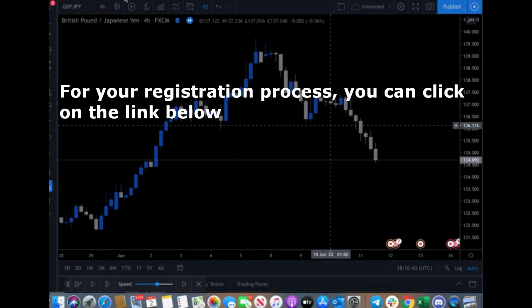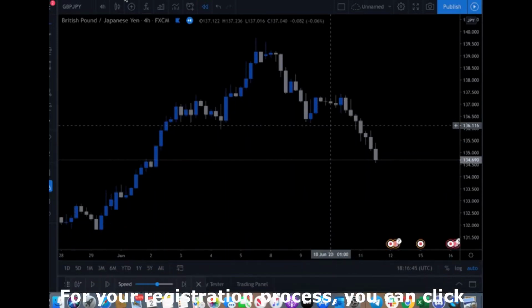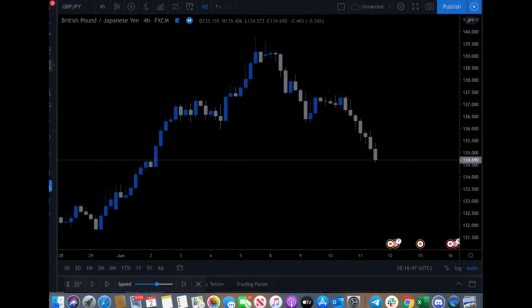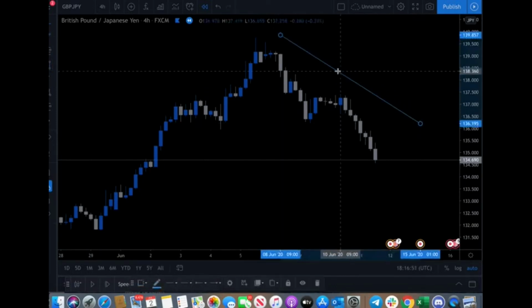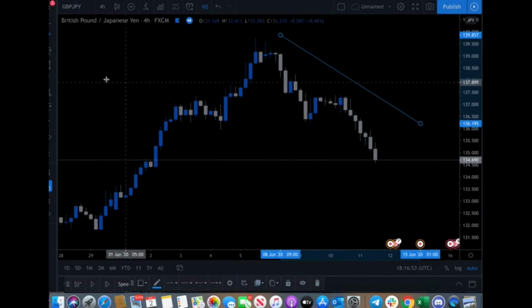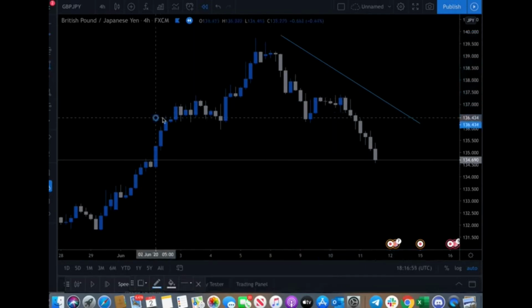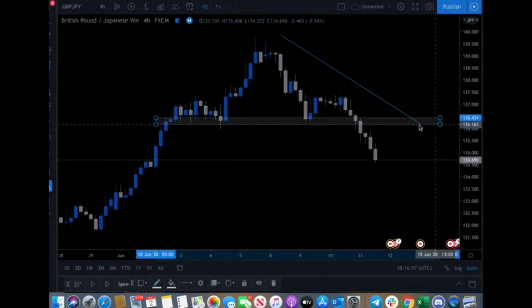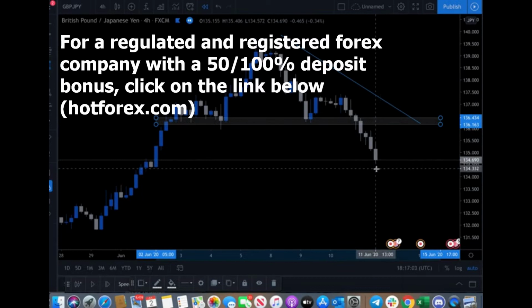This is actually how you use the higher timeframes in confluence to your lower timeframes, okay? So clearly here, you can see we are creating lower lows and lower highs on the 4-hour time frame. You can see we violated structure to the downside below 136,200, okay? So now that we've seen an impulse to the downside, I want to see some sort of correction and exhaustion